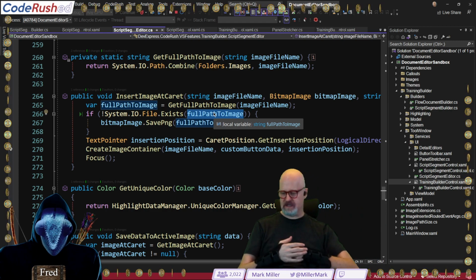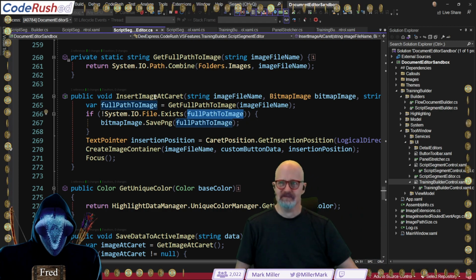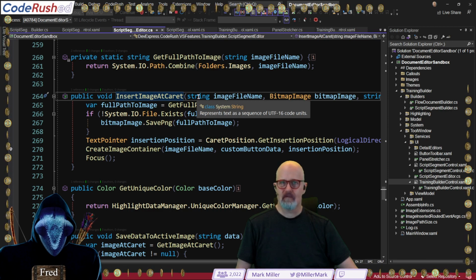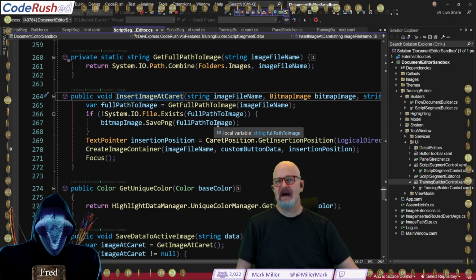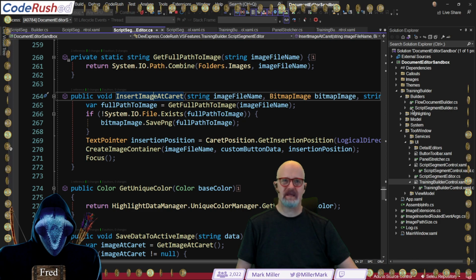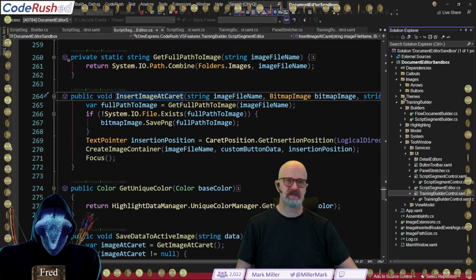Yeah, I don't know. That's for multiple usages of the same image, so you don't save multiple copies. You just keep referring to the first one. Yeah, and it's just to make sure it's there, right? So basically what happens is we've got all of these images here